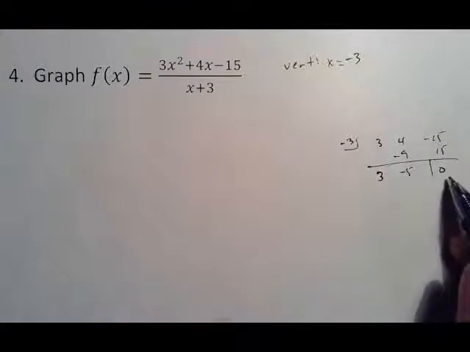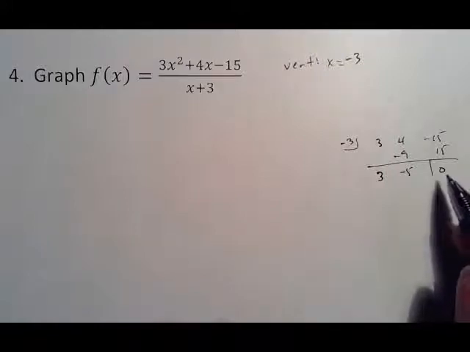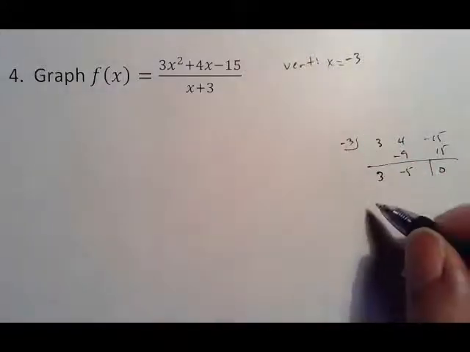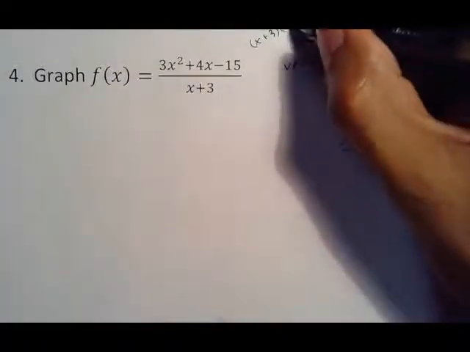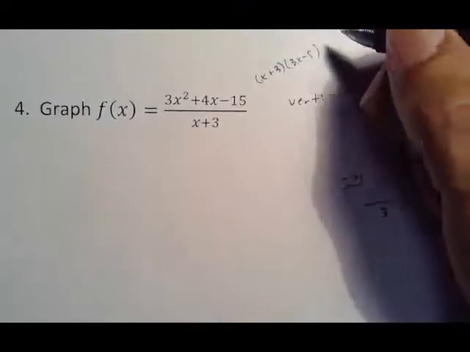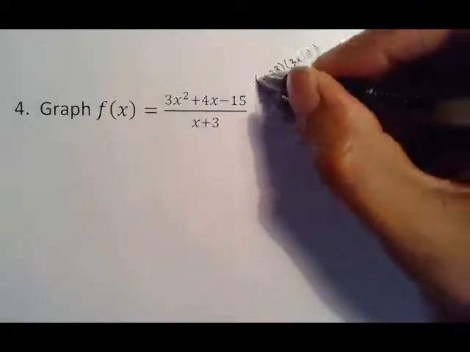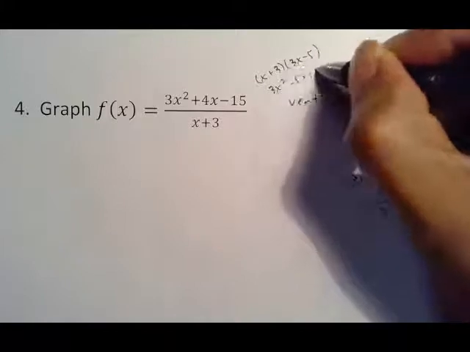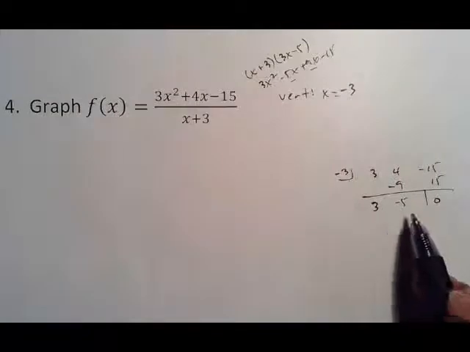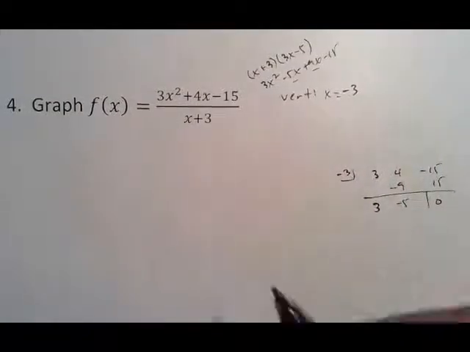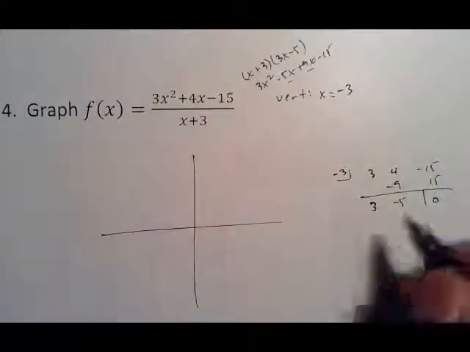Remember that this is not an oblique asymptote. That is an actual line. So in other words, what this means is that x plus 3 is actually a factor, which it is because I made this problem up. It's actually x plus 3 and 3x minus 5, which if you notice, if you multiply that out, you get 3x squared minus 5x plus 9x minus 15. There's your +4. So I made it that way on purpose, but hopefully you recognize that when you divide it, you got 0, which means it's a different problem, which is go down 5,